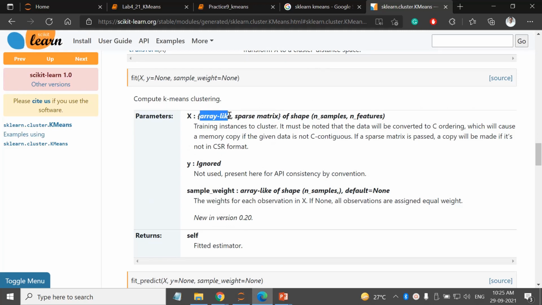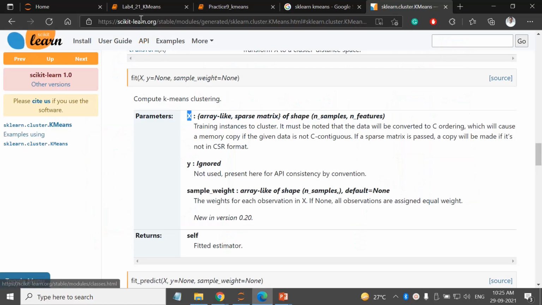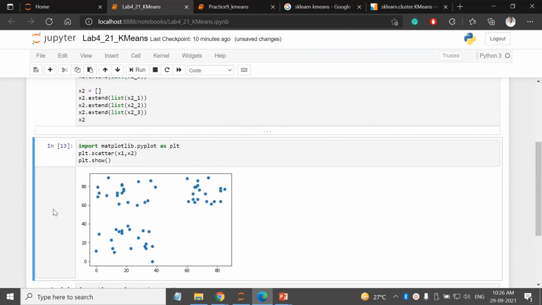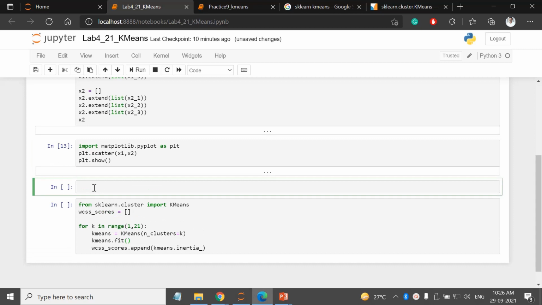Array-like means a table, so we have to create a data frame, right? x1 will be the first column, x2 will be the second column. So let us create a table first. You know about the data: x1 and x2 are the two columns, so we need a data frame.